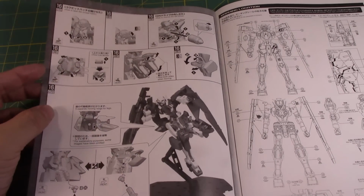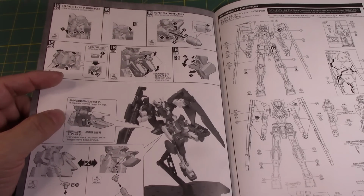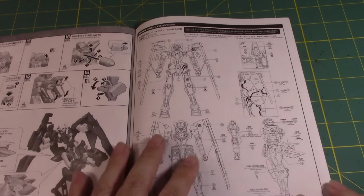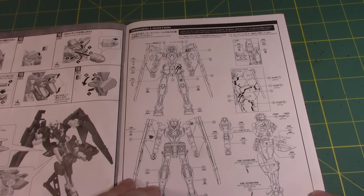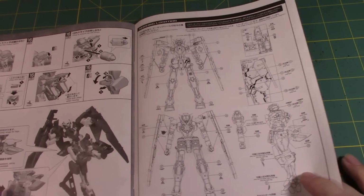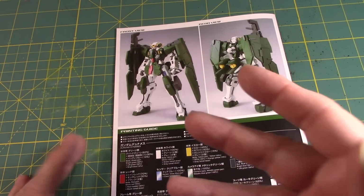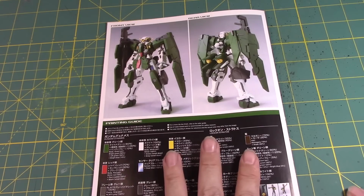And I see some more gimmicks and features there, and how to connect it to the action base, and that's it. And then of course where to put the markings and stickers on this kit, which would be nice to have custom decals associated with this kit. And then we have the painting guide,